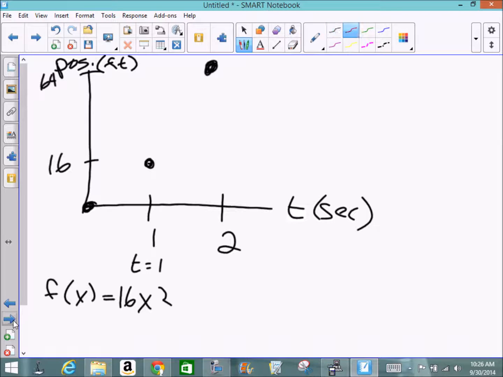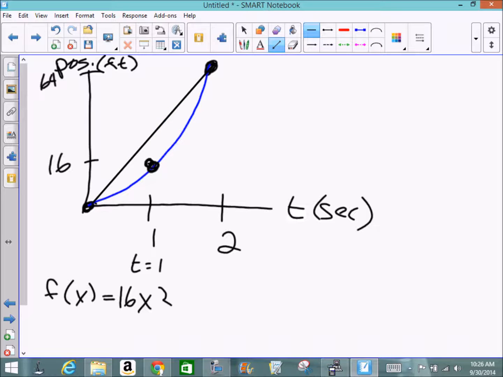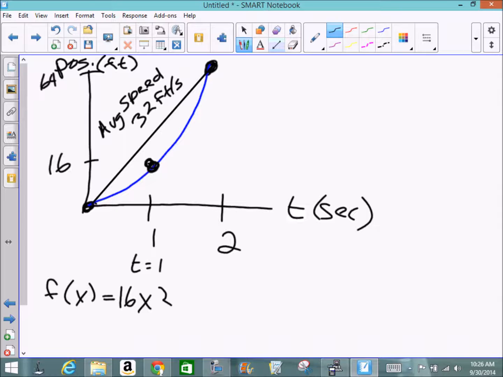And so to find the average velocity of this parabola, what we would do is just calculate the distance or the slope between the beginning point and the end point. So my beginning point and the end point is (0, 0) to (2, 64). And if I were to calculate the slope between those two points, I would get 32